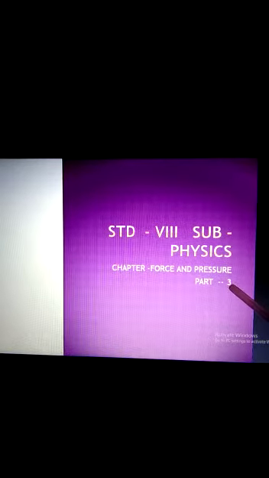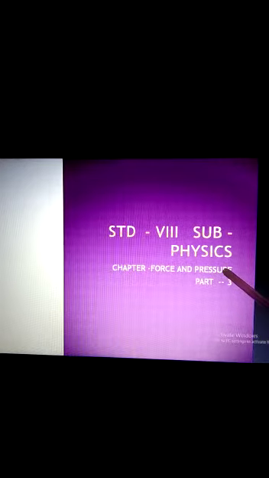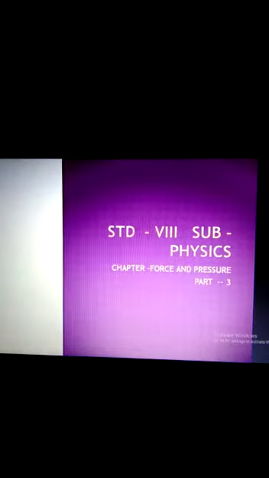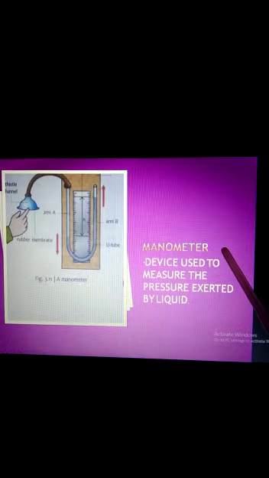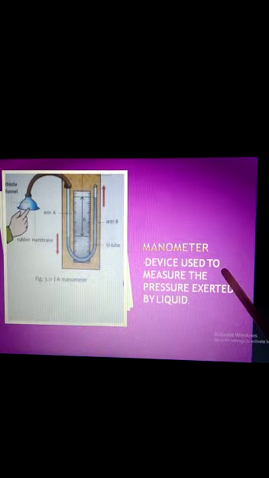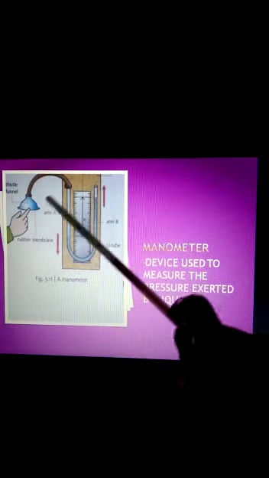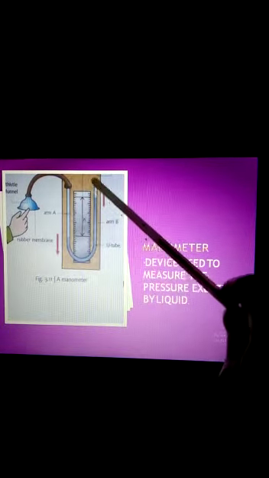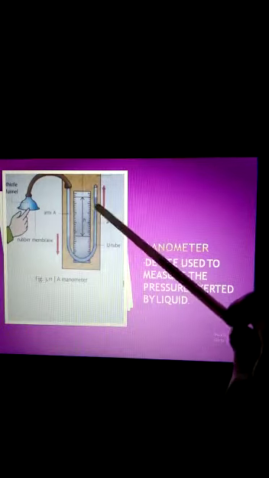In the first and second parts, we had already discussed force, pressure and pressure exerted by liquid. Now in this part, we'll discuss a device named manometer, which is used to measure the pressure exerted by liquid. For this, we have the arrangement of a manometer, which consists of a U-tube made up of glass